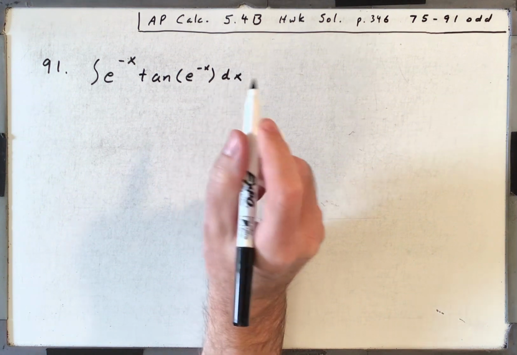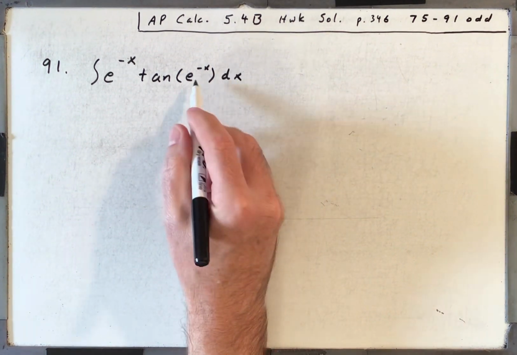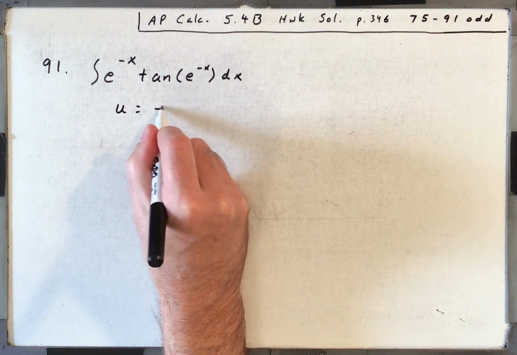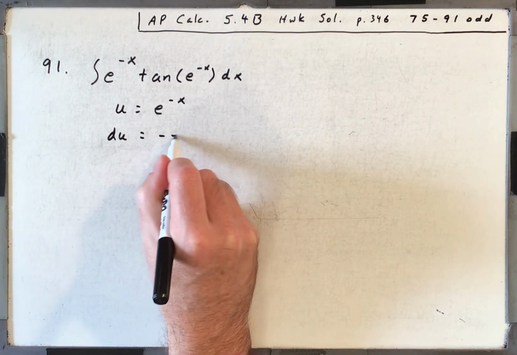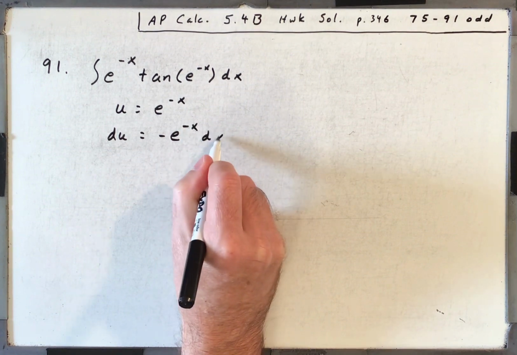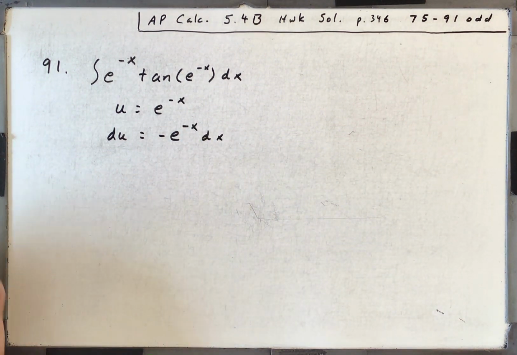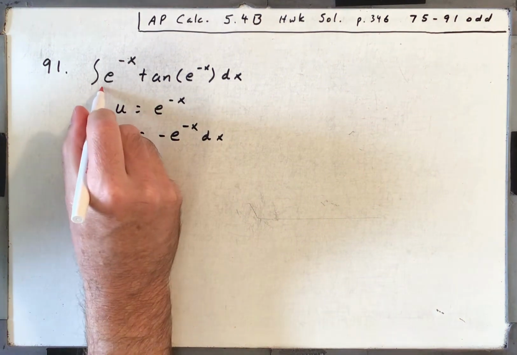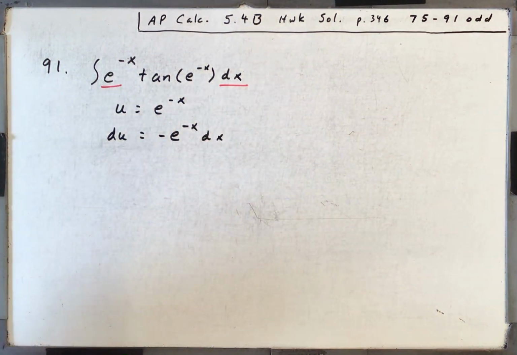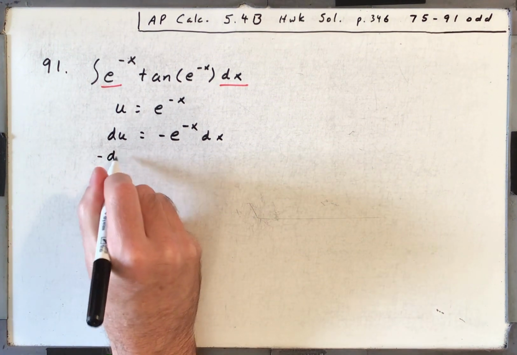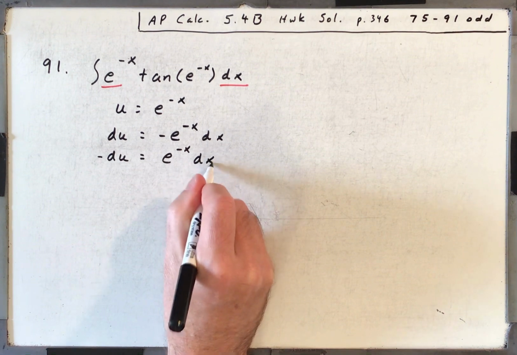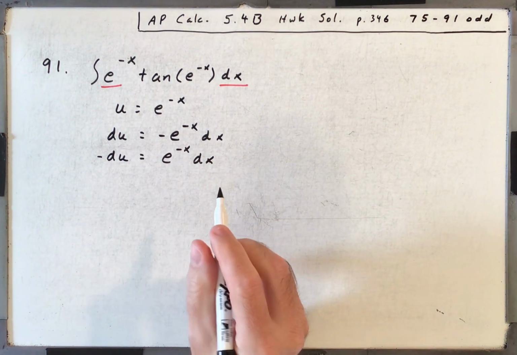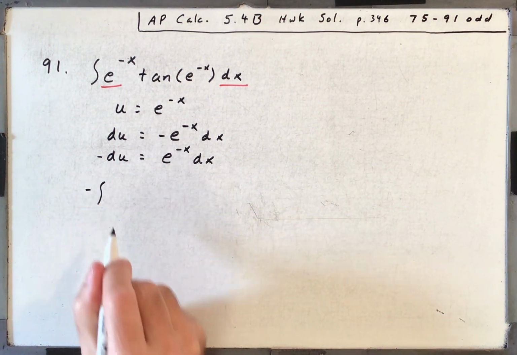Okay, so you can see if you let u be e to the minus x, then du is minus e to the minus x dx. That's almost what you need. What do you need? You need e to the minus x dx. Right, that's what you need it to be. So all I have to do is divide both sides by a -1. So I can rewrite this integral as the negative out front,